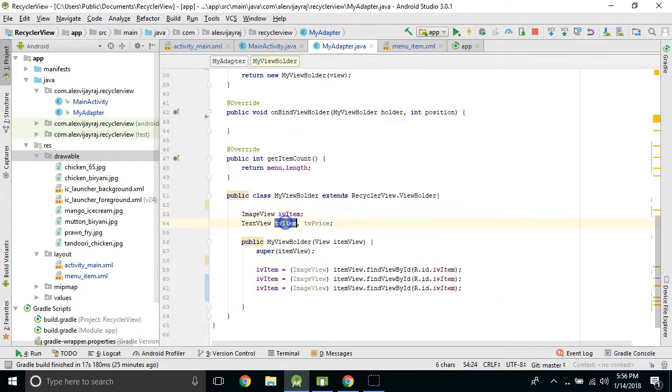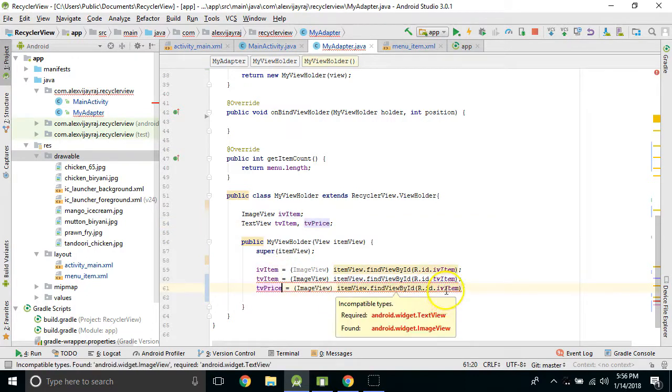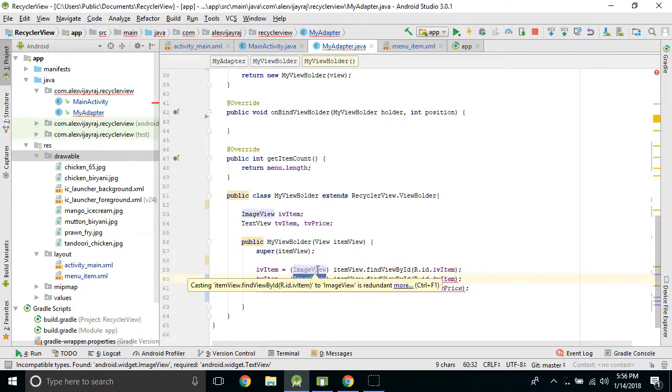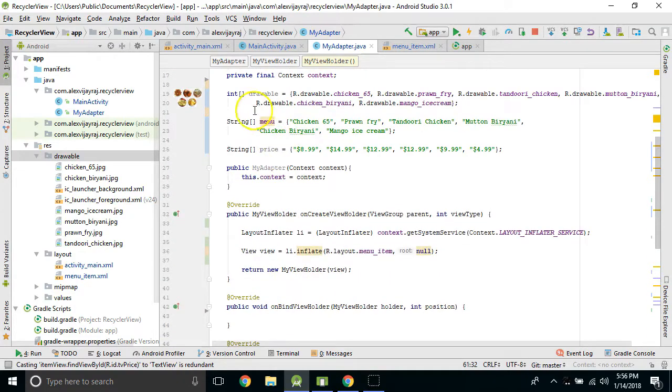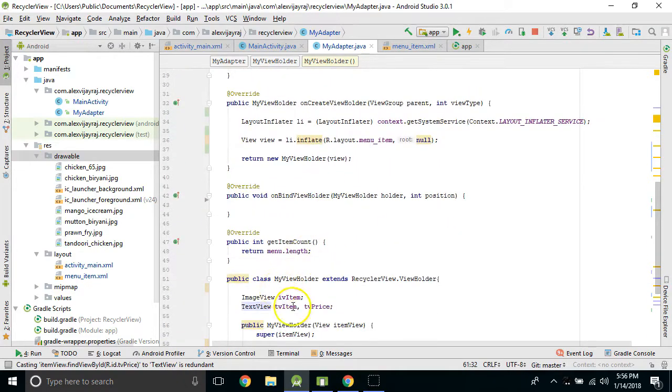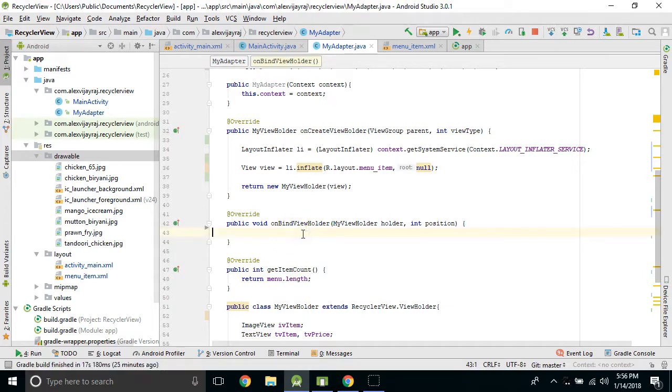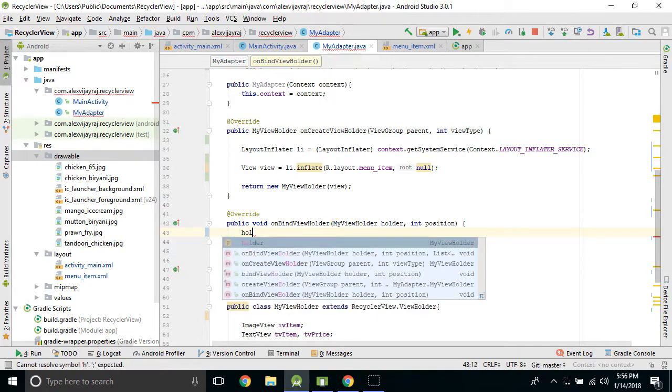I'm going to just copy the TV item and the TV price as well. We need to change this to TextView. And that's it. We have created our MyViewHolder. Now let's supply the items that we created here to the MyViewHolder. And we can do that inside the onBindViewHolder method that's overridden. To do that, we're just simply going to say